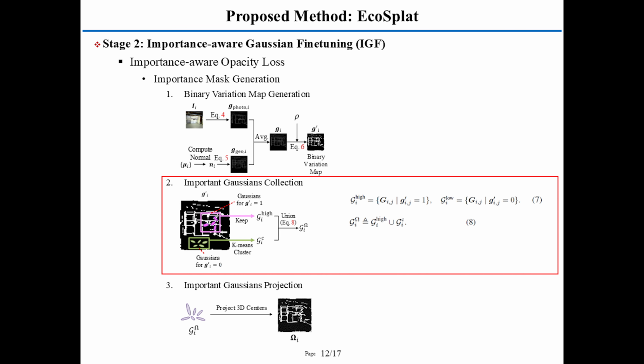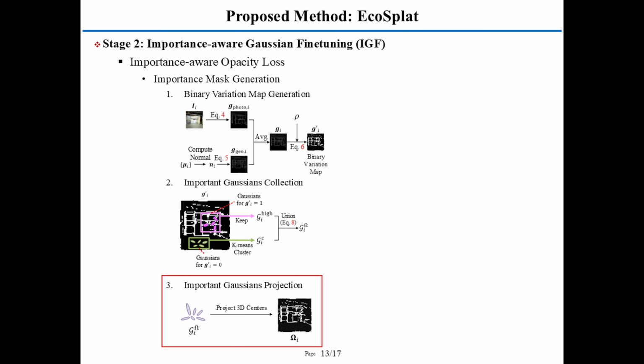Second, we collect important Gaussians by keeping those located in high variation regions and also selecting representative Gaussians from low variation regions using K-means clustering. Third, we project the collected important Gaussians back to each input view to obtain the final importance mask for supervising